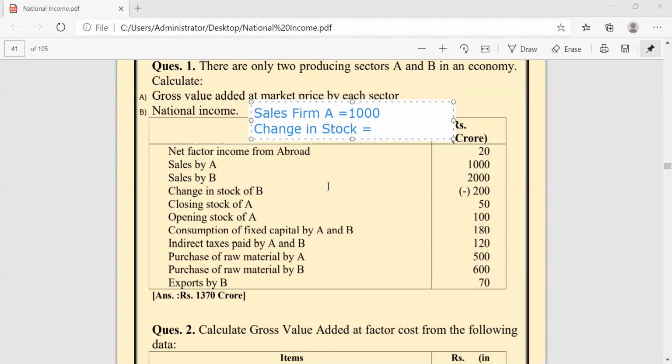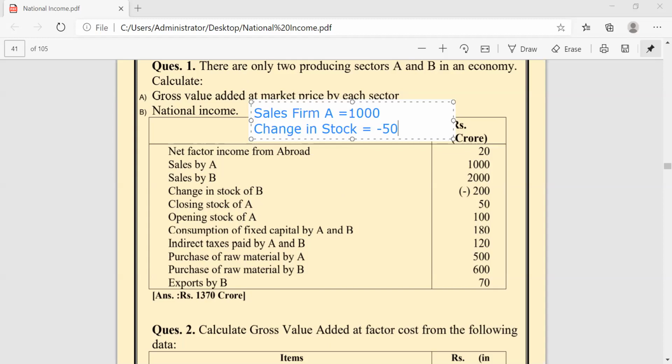Closing stock minus opening stock. So change in stock of firm A, what will be the value? Closing stock is 50, opening stock is 100. So 50 minus 100, minus 50. Very good. Minus 50.